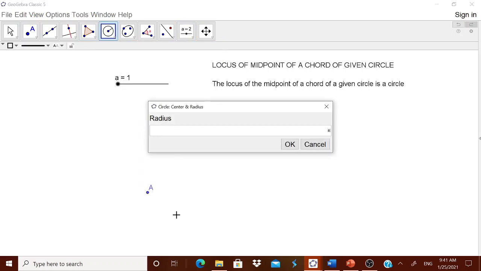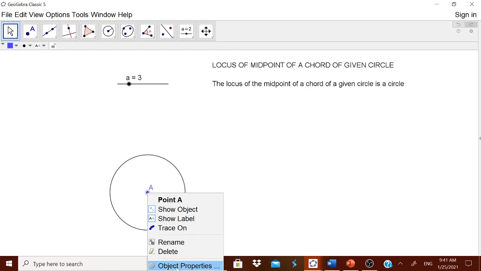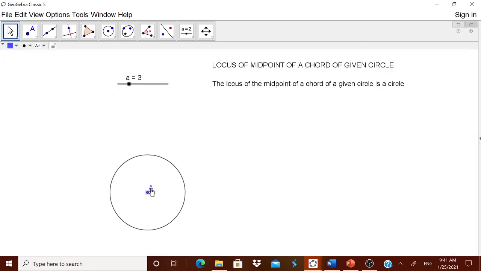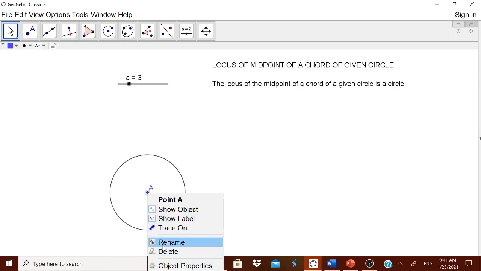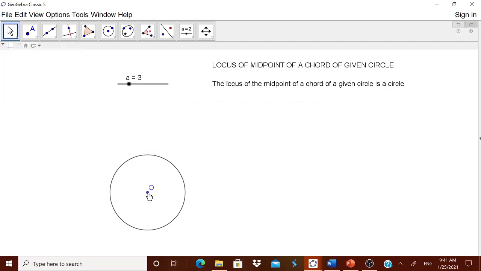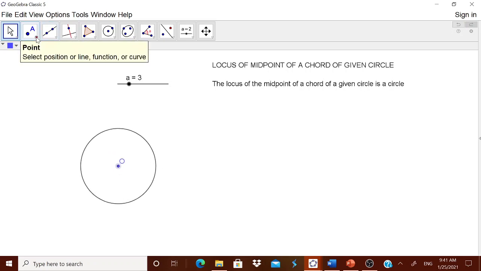Let me take the radius as small a, but normally when I move this, the center also moves. I will rename the center as capital O. Now let me move it a bit. Okay, it is moving.